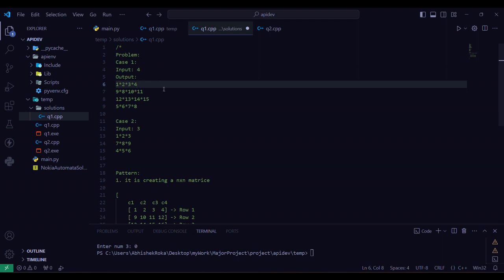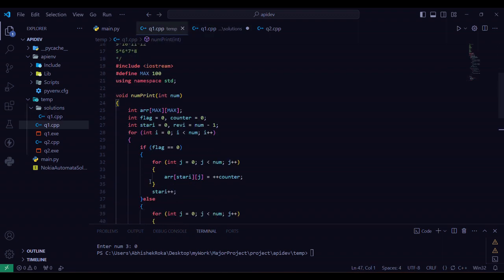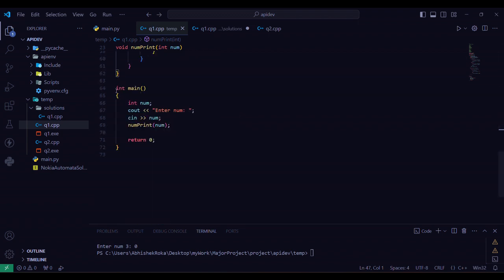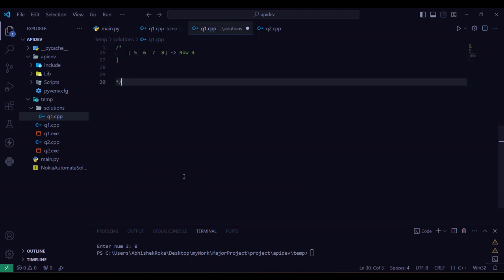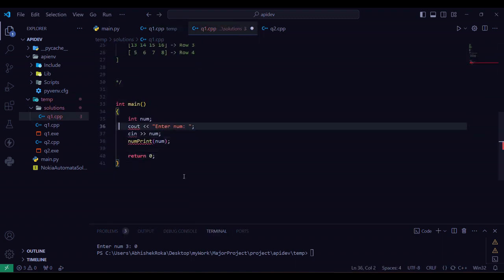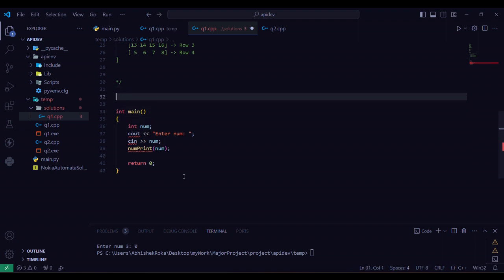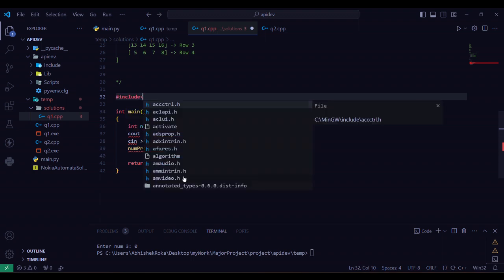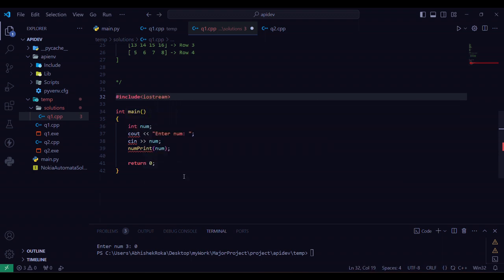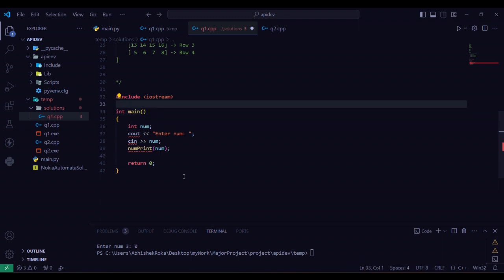So what I do, I first of all go ahead here in my solution and I just take some boilerplates. Why I'm doing this? Because it will save your time and my time also, because we don't want to write things again and again, like int main, which everyone knows is a part of the C++ programming language. In the Nokia exam, actually there were two options. One is C++ and the other is Java. So I actually chose C++